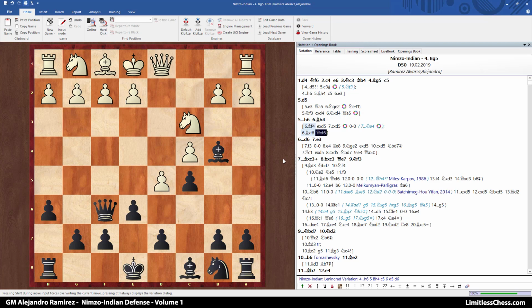If anything, I think that Black's already clearly better. So the only logical move after h6 is to play the move bishop h4. So now we can start taking a look at strategically what's going on in this position. White basically sacrifices his structure in the sense that I can take on c3 whenever I want, crippling his pawns on